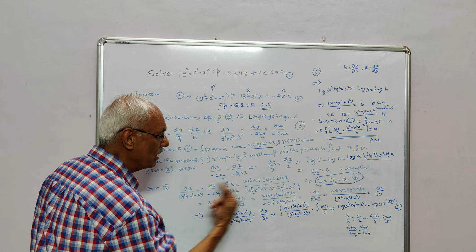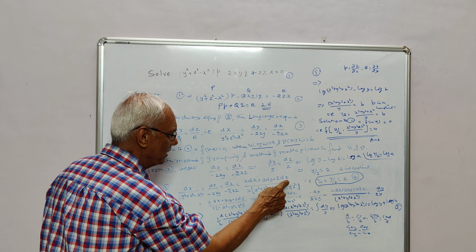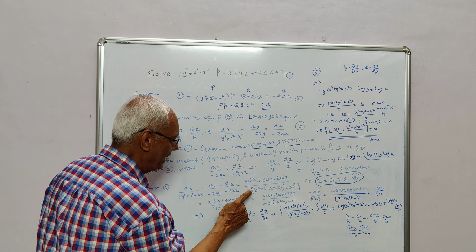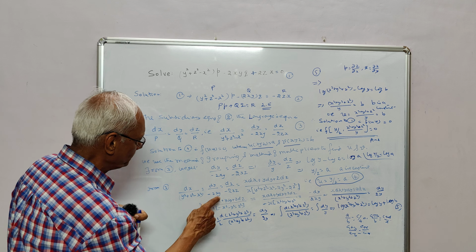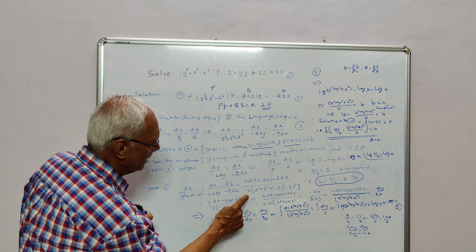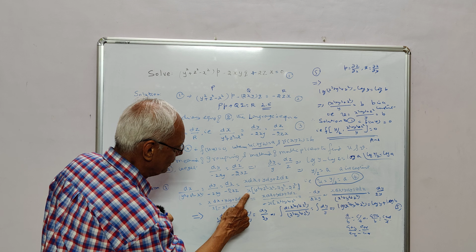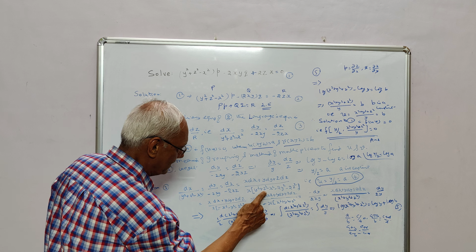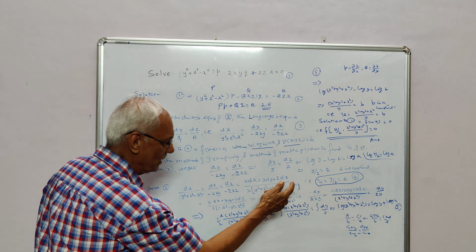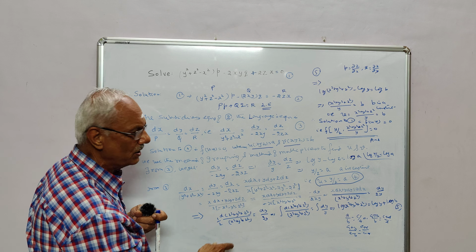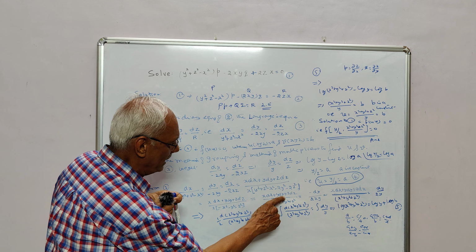Then all these ratios are equal to x dx plus y dy plus z dz divided by, what I do is, I take this x. What happens is that, when you multiply this, this is x into y squared plus z squared minus x squared minus 2y squared minus 2z squared. When you simplify the denominator, you will get x dx plus y dy plus z dz divided by